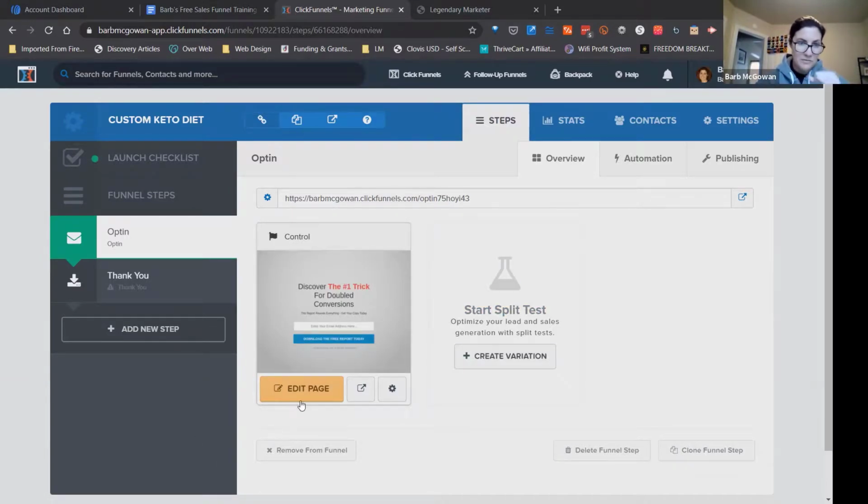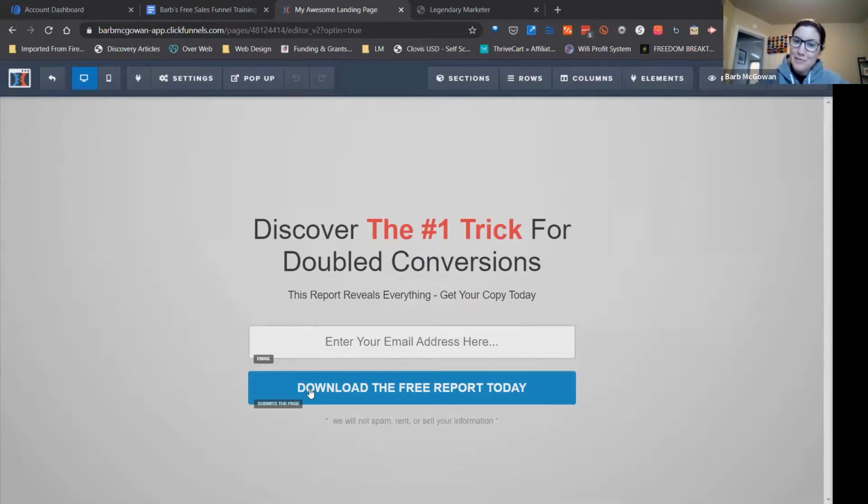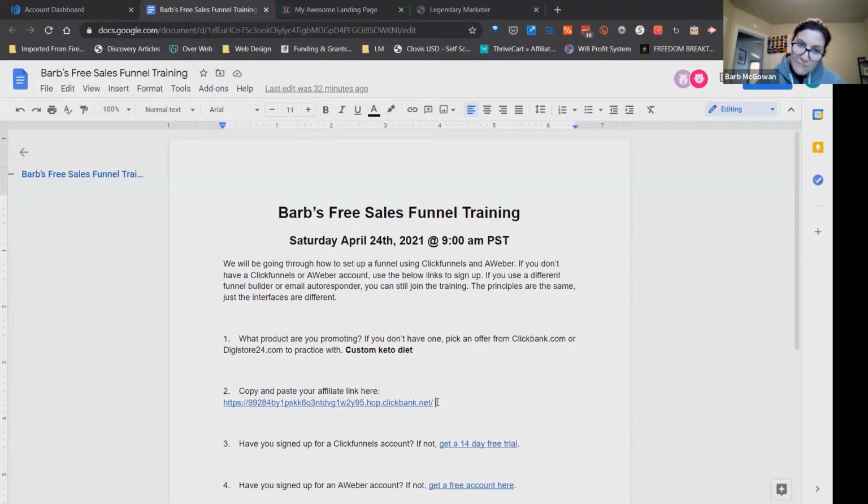Alrighty, so on our opt-in page, we want to click this yellow button that says edit page. Now this is where the fun happens. What I want to do is make my opt-in page, which is the page we're on right now, congruent with my affiliate page or the sales page for the product that I'm promoting. So if we go back to our Word document, I pasted my affiliate link right here. It's this long string of numbers and letters. If I copy that,